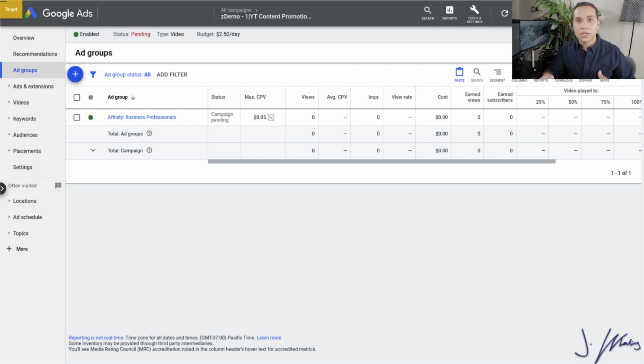Now, all you need to do to complete this step of the campaign setup process is do this at least 2 more times. So go back into create another ad group, go back into the audience section, click on affinity, and then see if there are any other audiences that make sense for your channel or business. If there are, go ahead and create another ad group for them. If there aren't, that's okay. In this particular instance, we're just gonna stick with our one ad group here. We can always add more later. We can always try different targeting later.